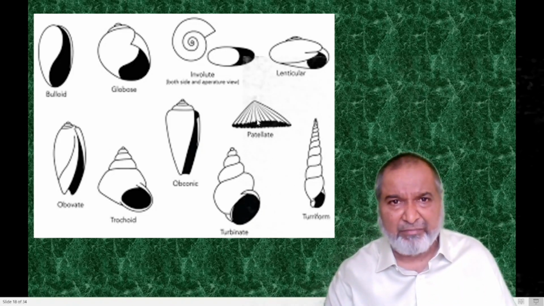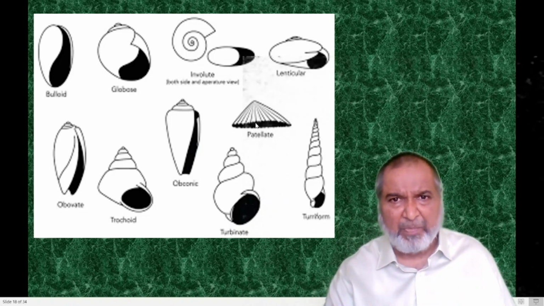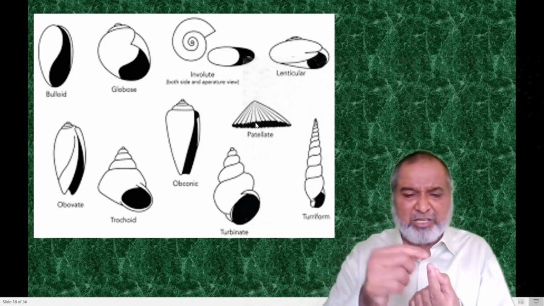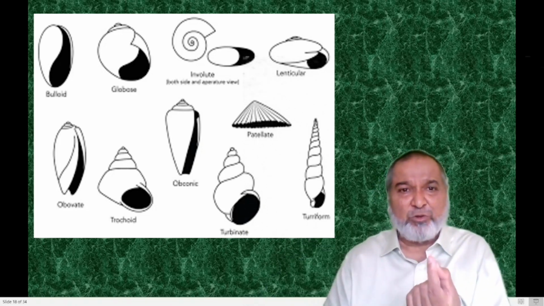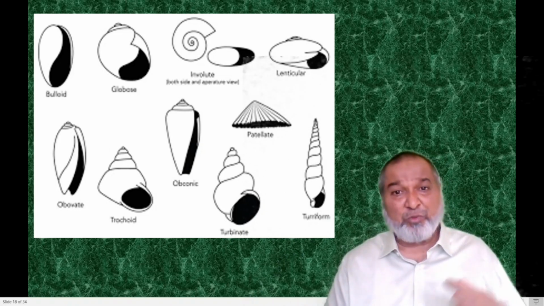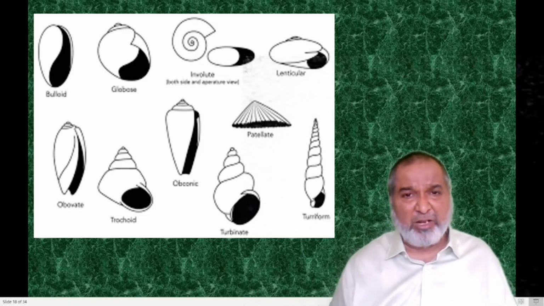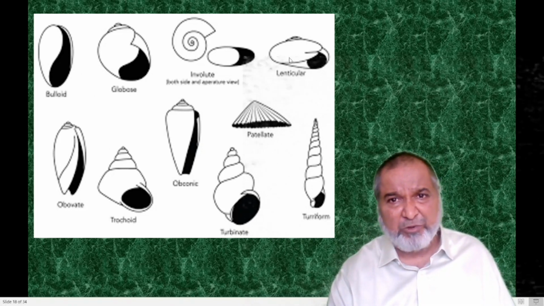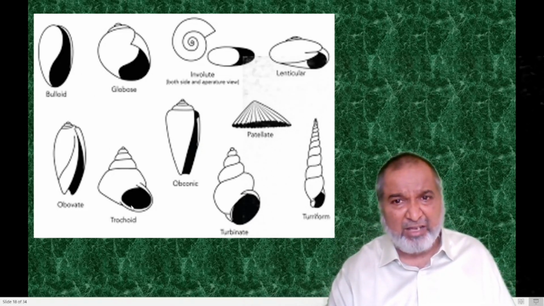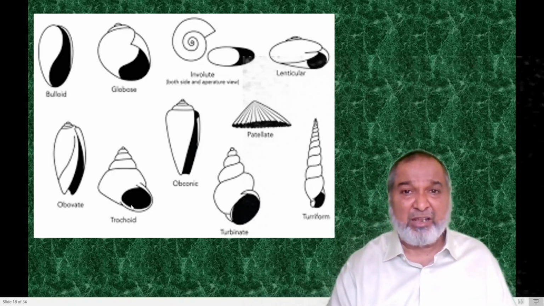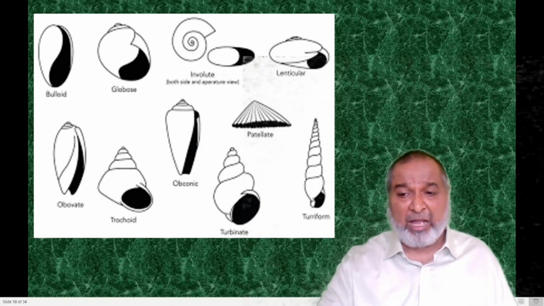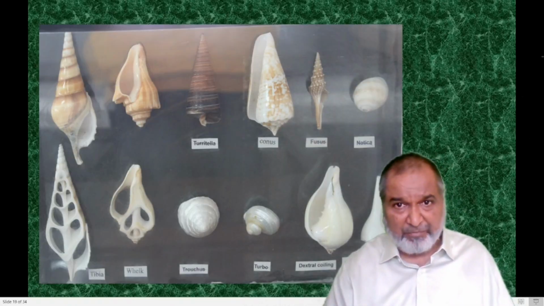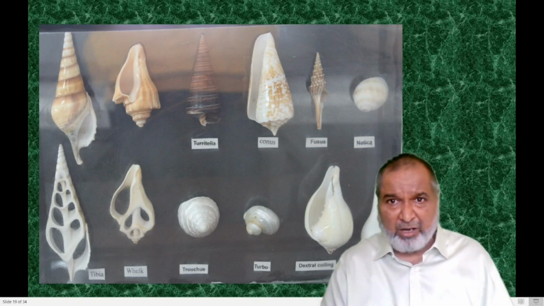Patella, this is the fossil shell. If you just hold this one, you will find it looks like a cap. So there will be various shapes of coiling. Sometimes you can find the aperture coming on your right hand side, and in some it is coming on the left hand side. So dextral and sinistral coiling is there. Yes, this is what we have.